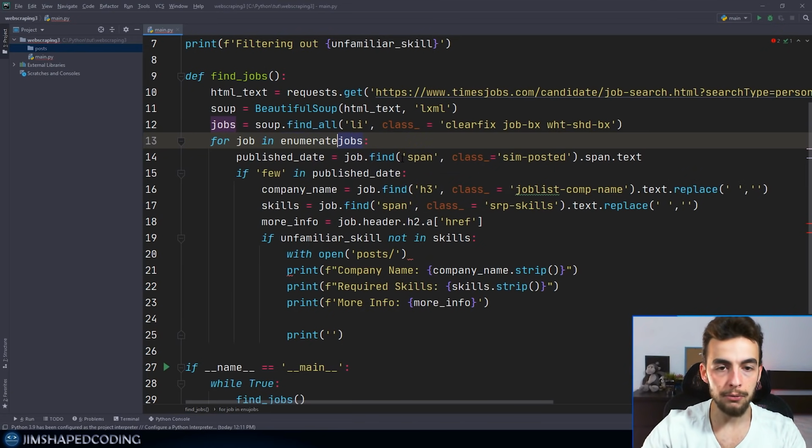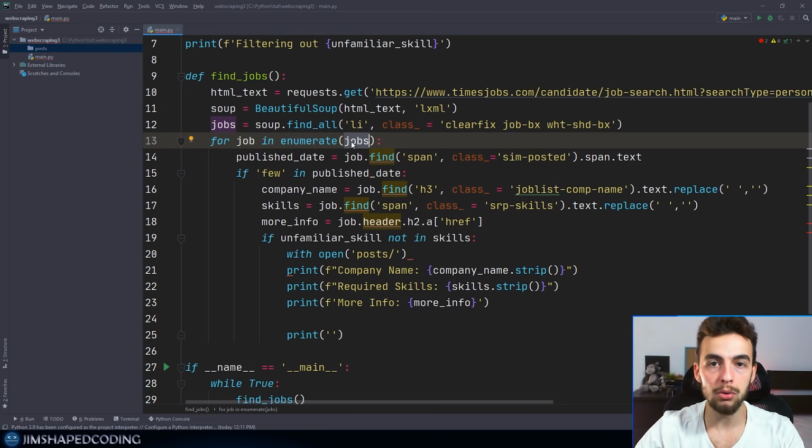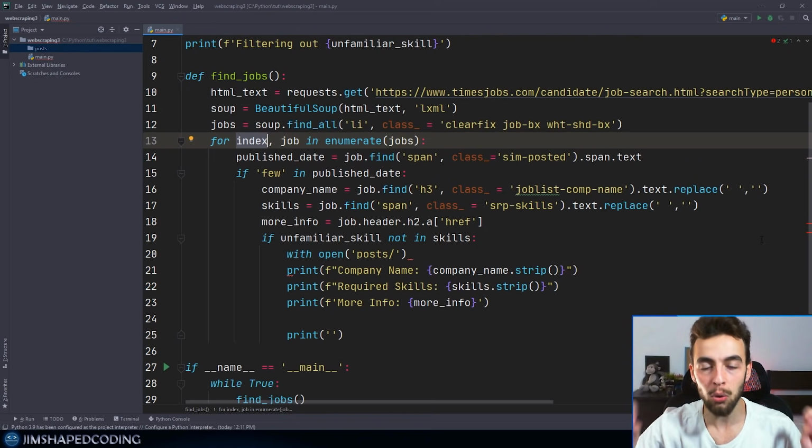Now enumerate function is going to allow us to iterate over the index of the jobs list and also the job content itself. And so I have to provide here one more variable like index. So the index is going to be a kind of counter for the job that I'm iterating on, and then the job variable will relate to the job